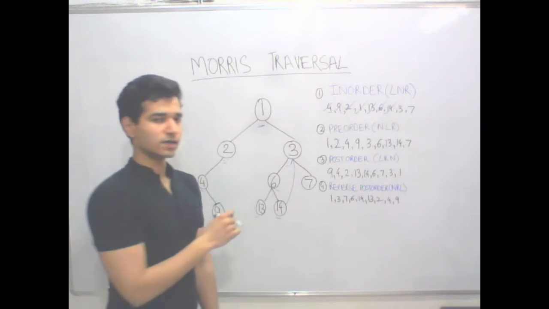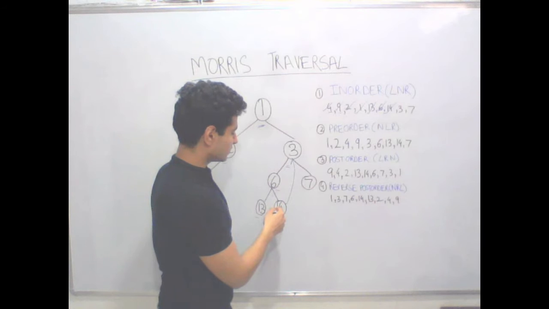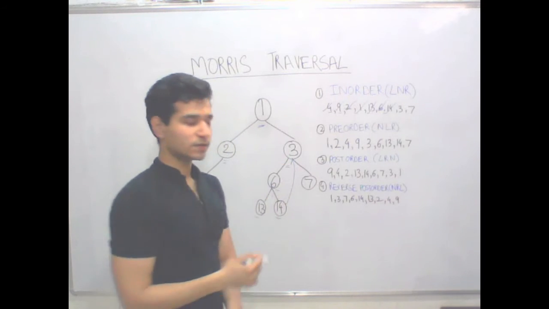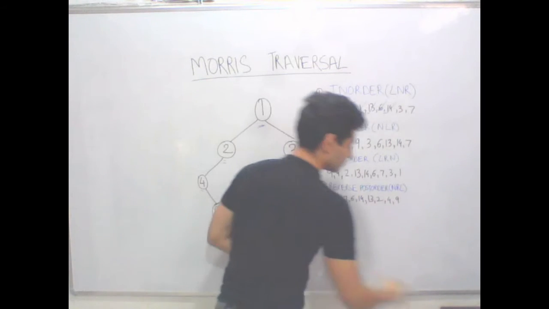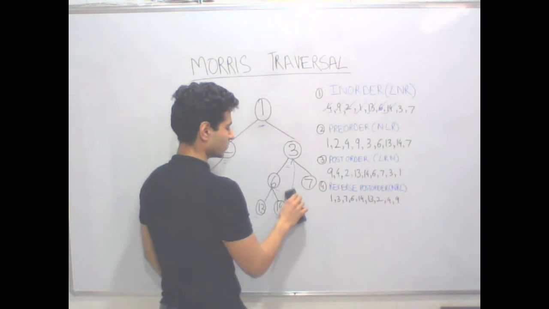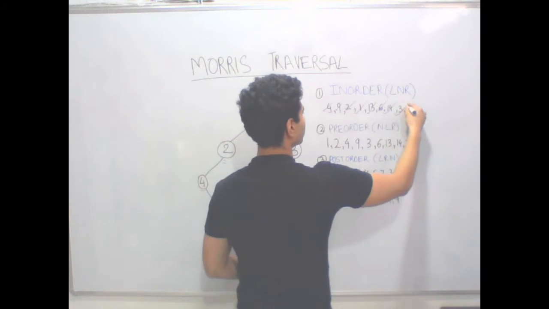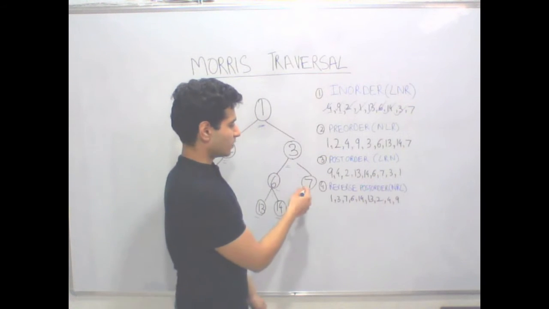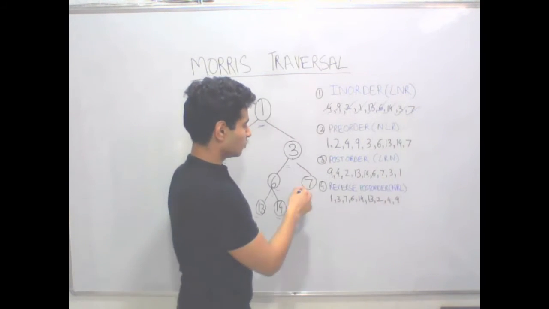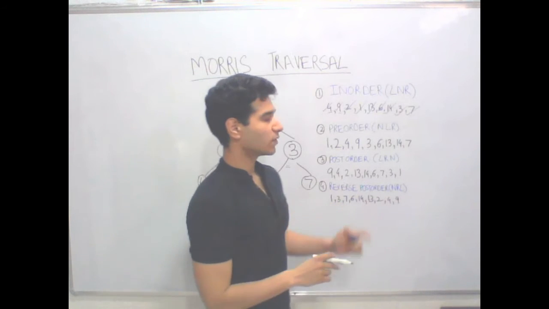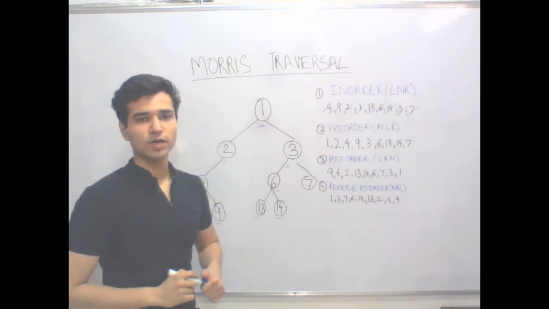We are again back at 3. Now at 3, its predecessor 14's right is again 3. That means the left half has been processed already. So again we restore its predecessor, which is 14, assign 3 to a result, and move right. And now we will just add 7 to a result as well. There is nothing more to process here. So we have now done our in-order traversal in O(1) space and O(n) time.